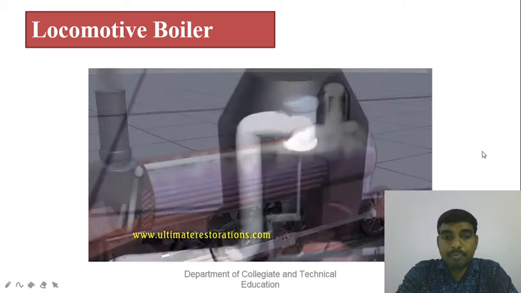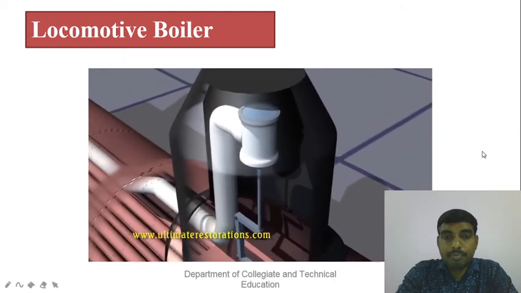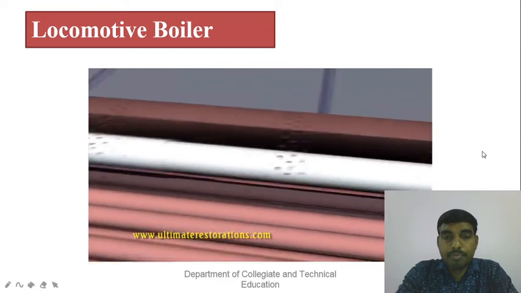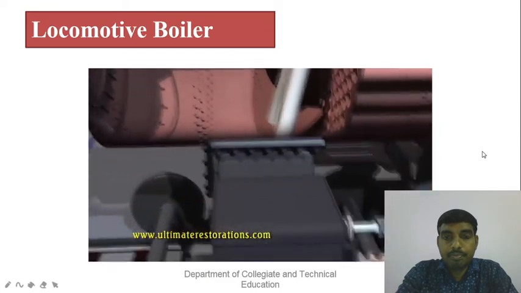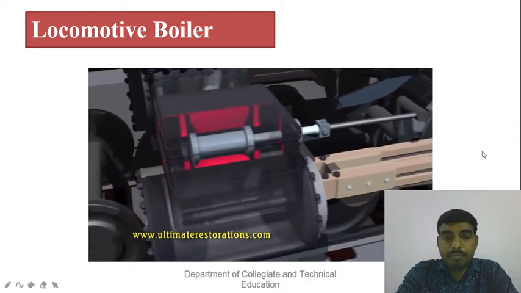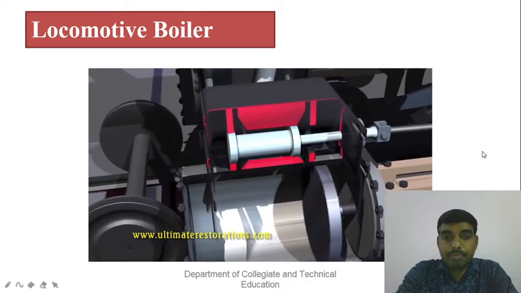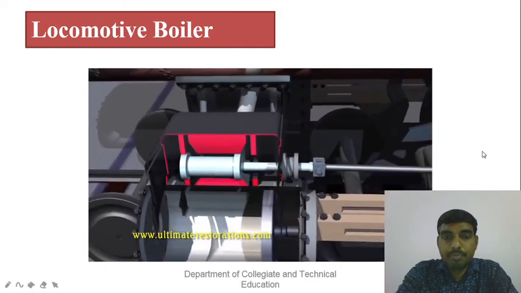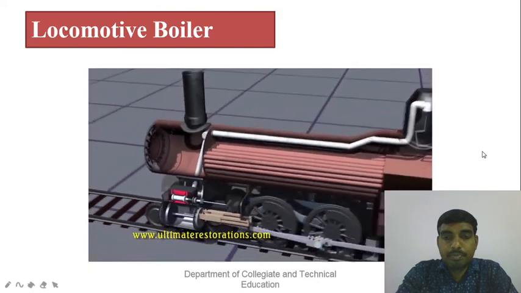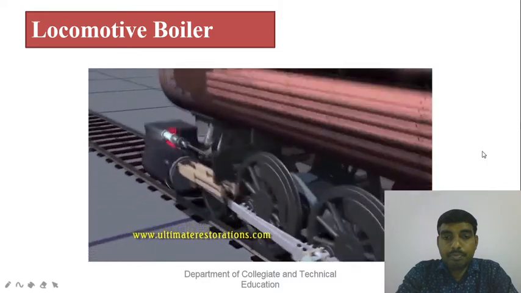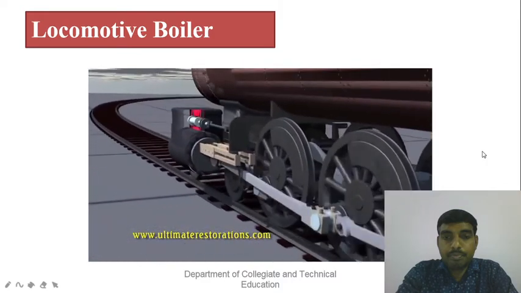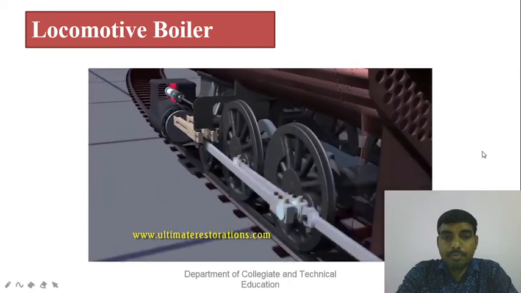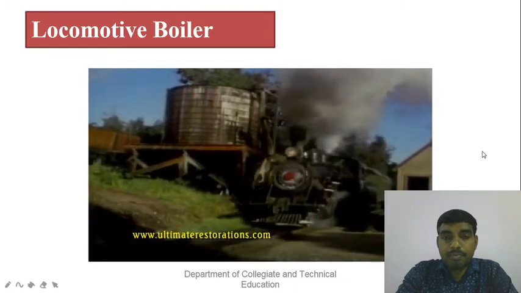Inside the dome is a valve controlled by the engineer. When he opens it, the high-pressure steam is let into a big pipe running to the front of the engine, where it's separated and taken down to each cylinder. A valve slides back and forth across the top of the cylinder, letting high-pressure steam in to push the piston one way, and opening on the other side when the piston moves back, letting the steam out. Each stroke of the piston pushes the rods which turn the wheels. The escaping steam and smoke on each side of the stroke of the piston create the chugging sound we all know.